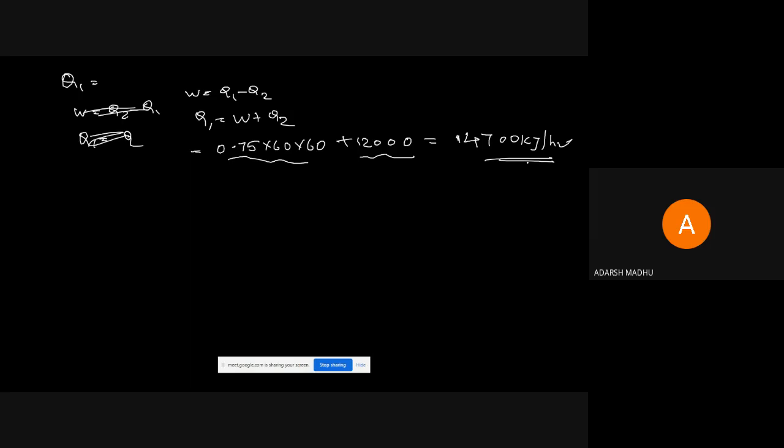So this is the way of solving the problem in the case of heat engine, heat pump, refrigerator, etc. The question may ask you to find the heat transfer rate, work done, efficiency, or COP. The COP equations for refrigerator and heat pump, and the efficiency of heat engine, work done and heat transfer rate must be learned by heart. The main equation you want to be thorough with is the first law W equal to Q1 minus Q2, the various equations for COP, and the efficiency of the Carnot engine.